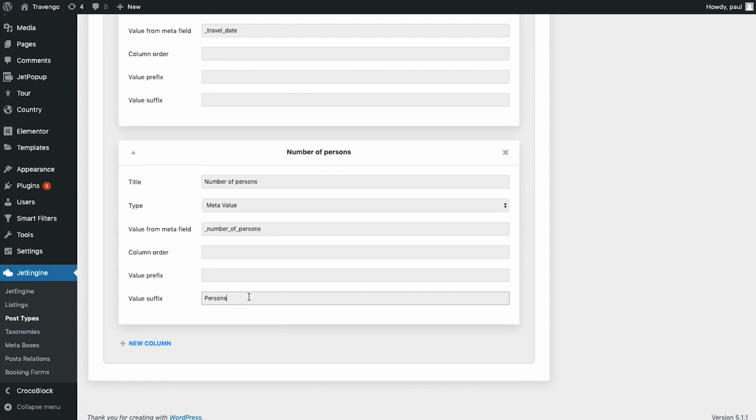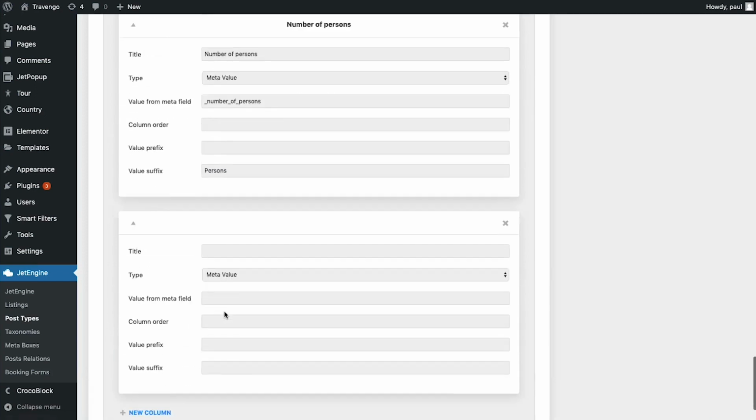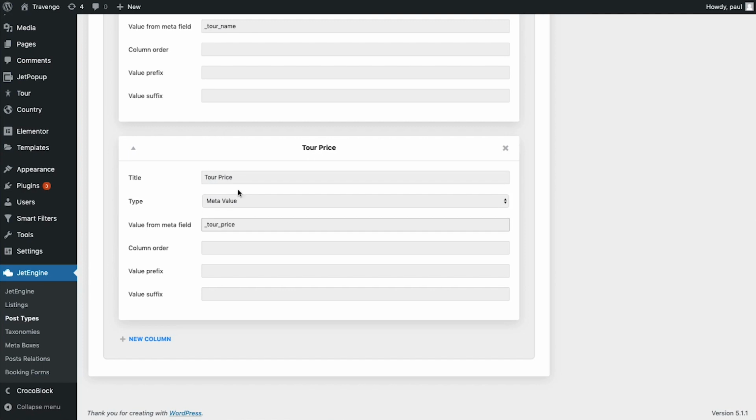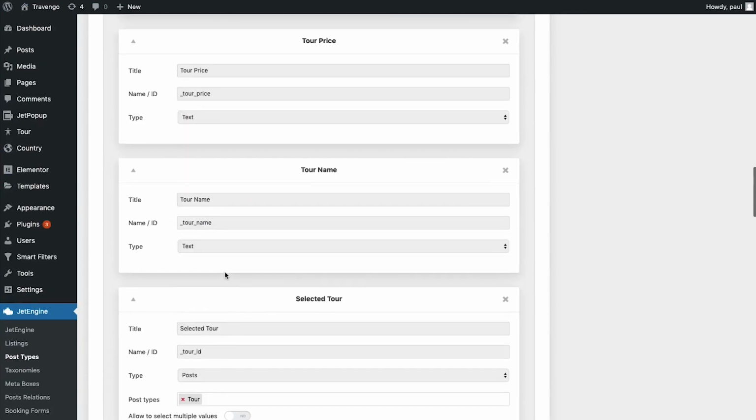You will see why in a bit. Moving on. And here for the Tor price, we will do a value prefix of the $ sign. You will see in a minute what we use these admin columns for. So now that the columns are done and the meta fields are done as well, we can go back to